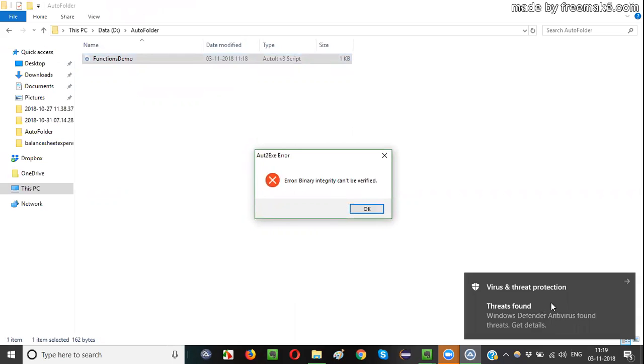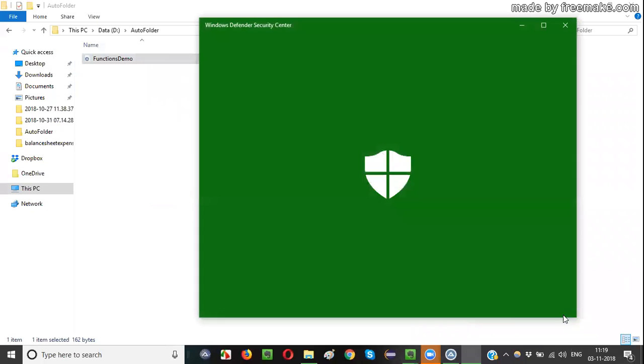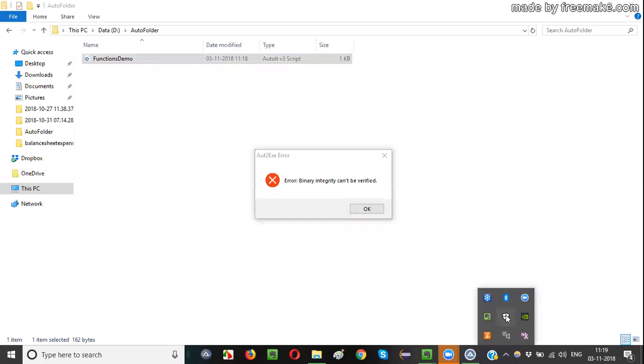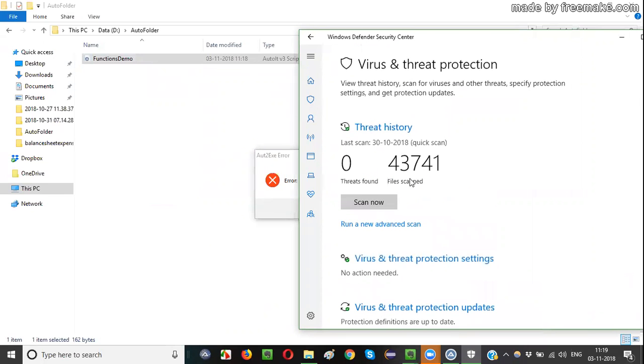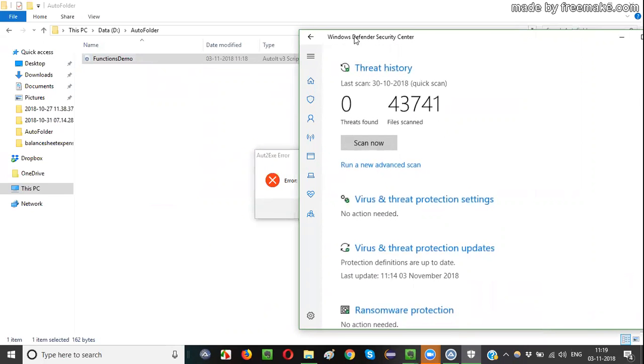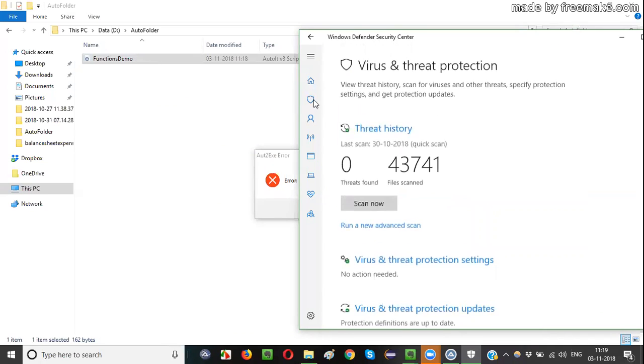You're getting some error, guys, and you are getting this error because of my antivirus. You may also get this kind of error because of your antivirus. In my machine there is the Windows Defender antivirus, which came by default in the Windows operating system. So what I will do is open the antivirus in my machine, scroll down, and go to the Windows threat option. In my antivirus, this is the thing, guys.